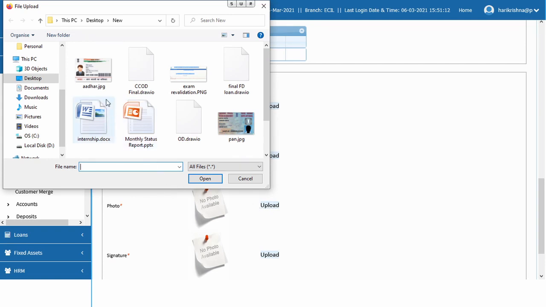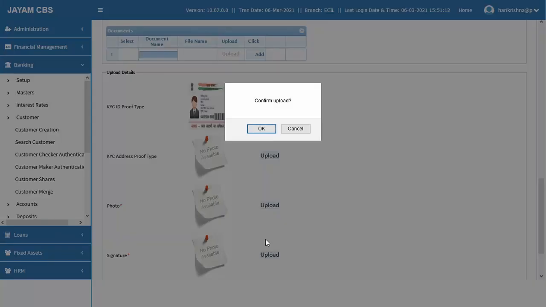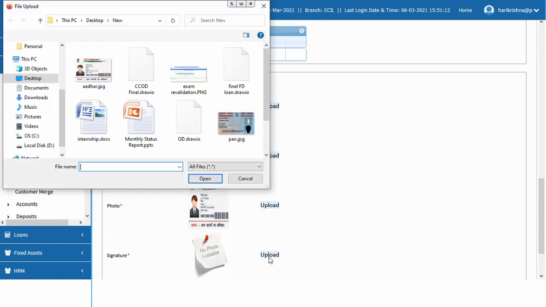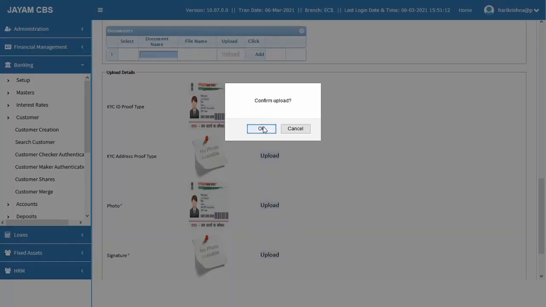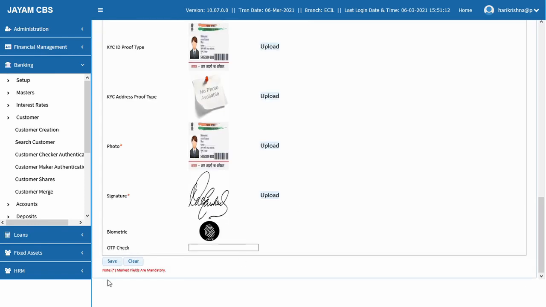For testing purposes, I'm using the Aadhaar card also as my photo. Signature. Signature is created.